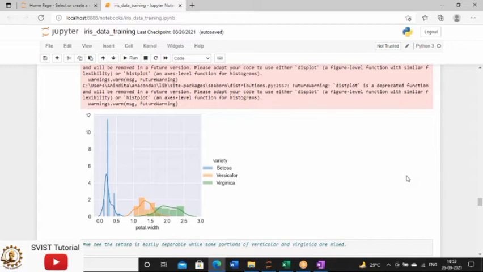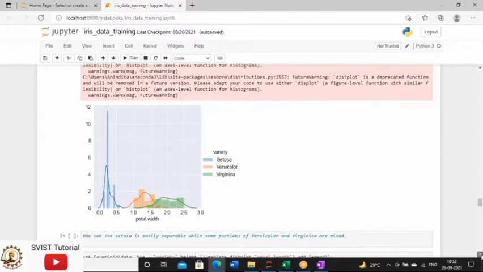Now, why is it a univariate analysis? At the beginning of this class, somebody asked me this question: what do you mean by univariate analysis and what do you mean by multivariate analysis? See, whenever we are depicting the plot or the visual effect using more than one column attribute, it becomes multivariate analysis. Up to this point, almost all of the analysis we were performing was multivariate analysis.